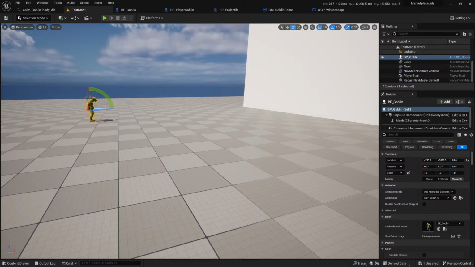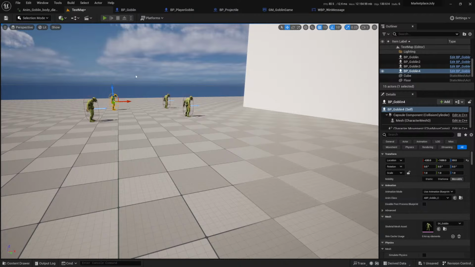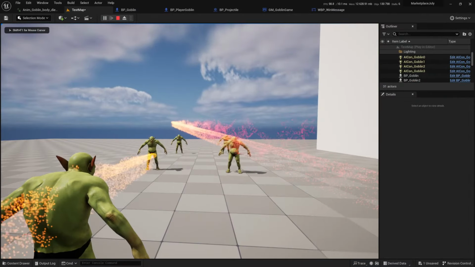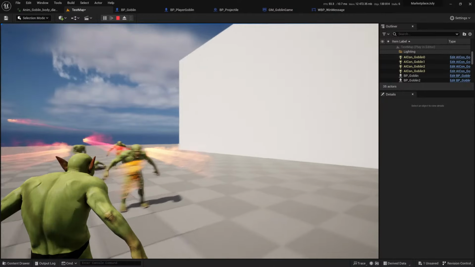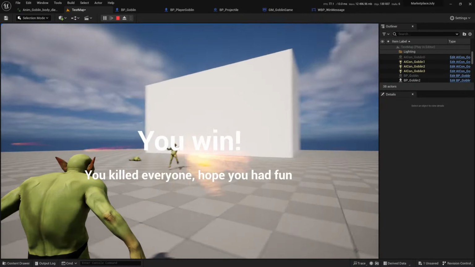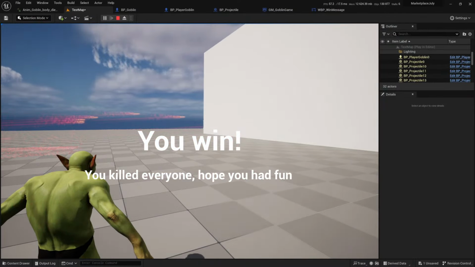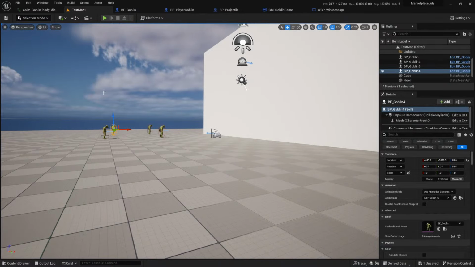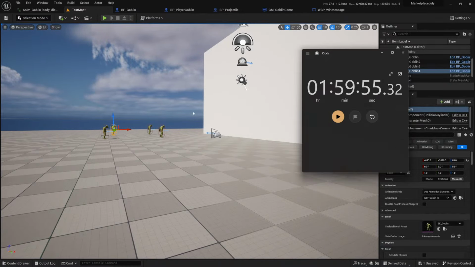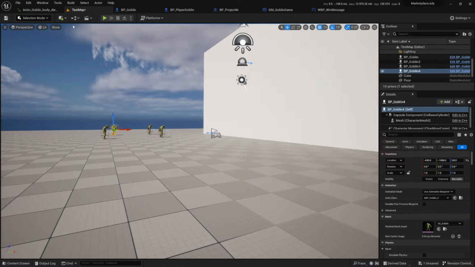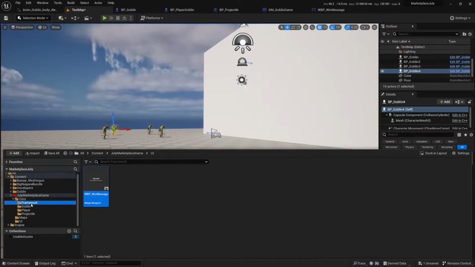We could add a lot of these dudes. I mean, it's challenging enough because I don't have a crosshair, but I can spam, so it's really not that challenging. But I can win. I can't lose, but at least I can win. So yeah, that's making a game in 2 hours. Now you can say, oh, it's looking like shit, and yeah, it is, but we can as easily enter the